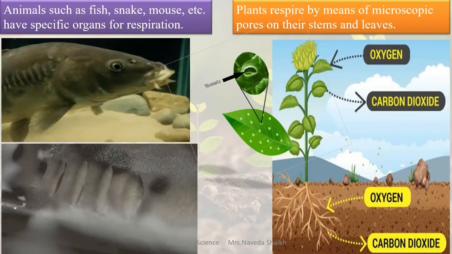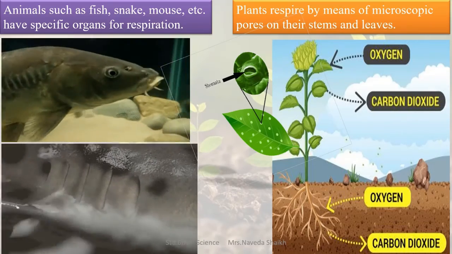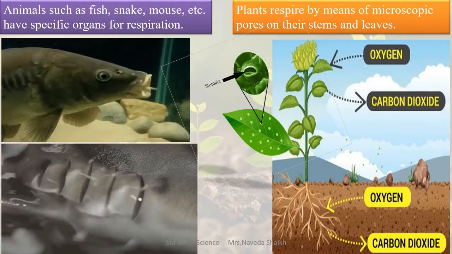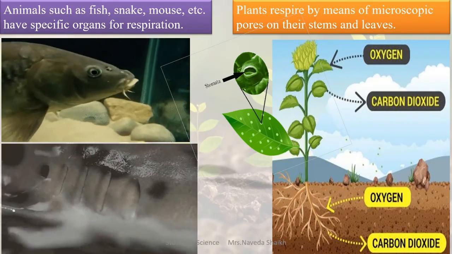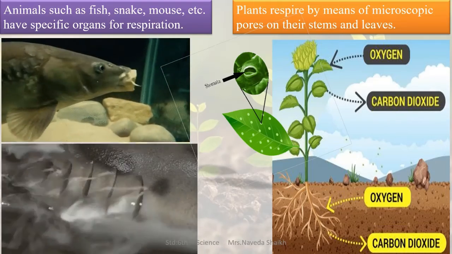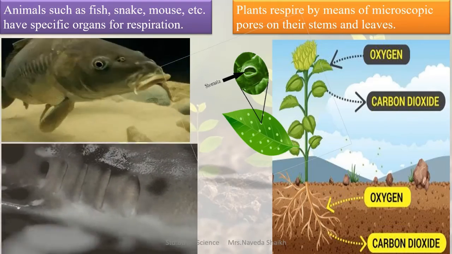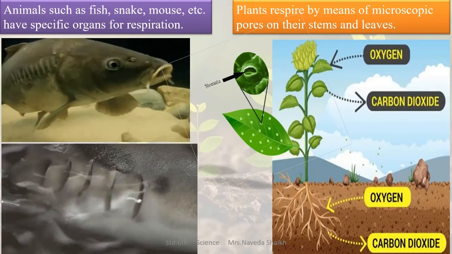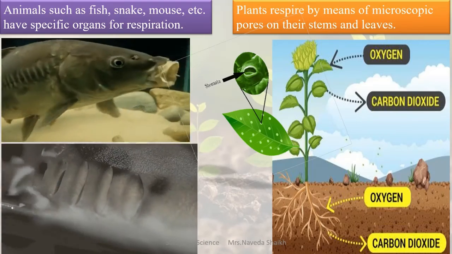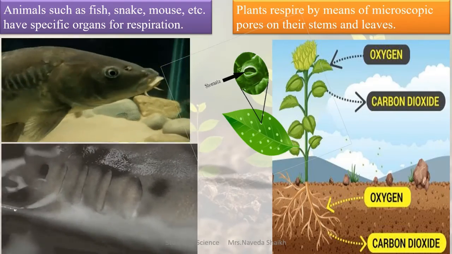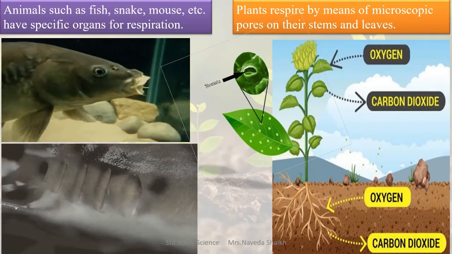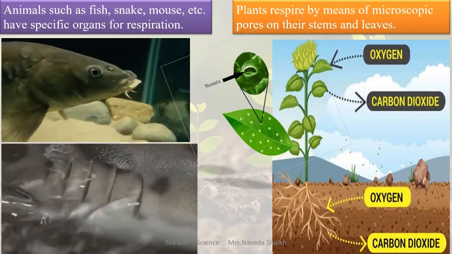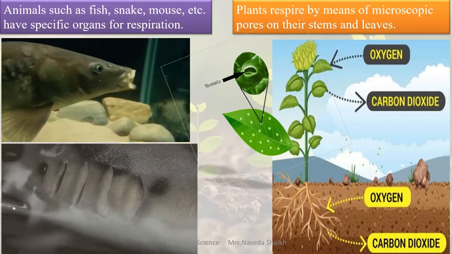Okay, now do not get confused between photosynthesis and respiration. Photosynthesis happens only in plants, and that is they use carbon dioxide gas and give out oxygen gas. Whereas when we talk about respiration, in respiration plants take in oxygen like other normal living things and they give out carbon dioxide. Okay, so I hope respiration is clear to all my students.